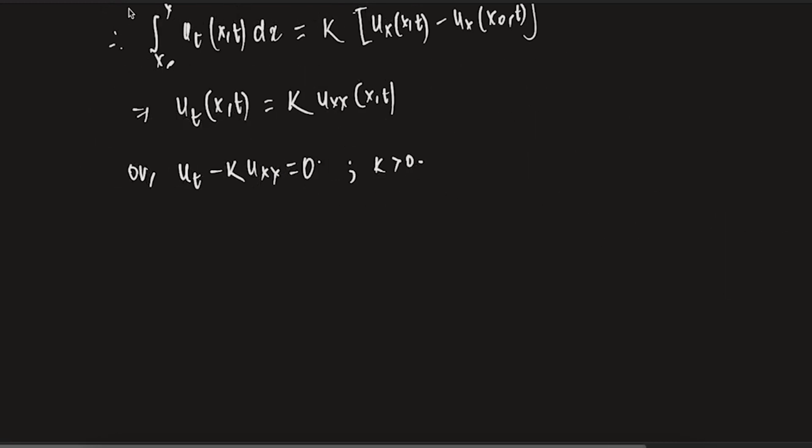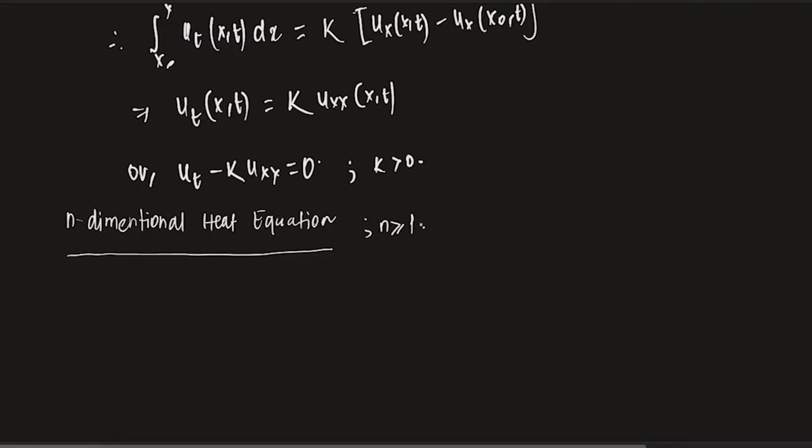Some idea of what the heat equation looks like. Let us look at the n-dimensional general heat equation and how to work with that equation. So first things first, the n-dimensional heat equation. Whenever I am talking about the n-dimensional heat equation, I of course mean n is greater than or equal to 1, so the one-dimensional heat equation is included here. So again, let me write down what the n-dimensional heat equation is.